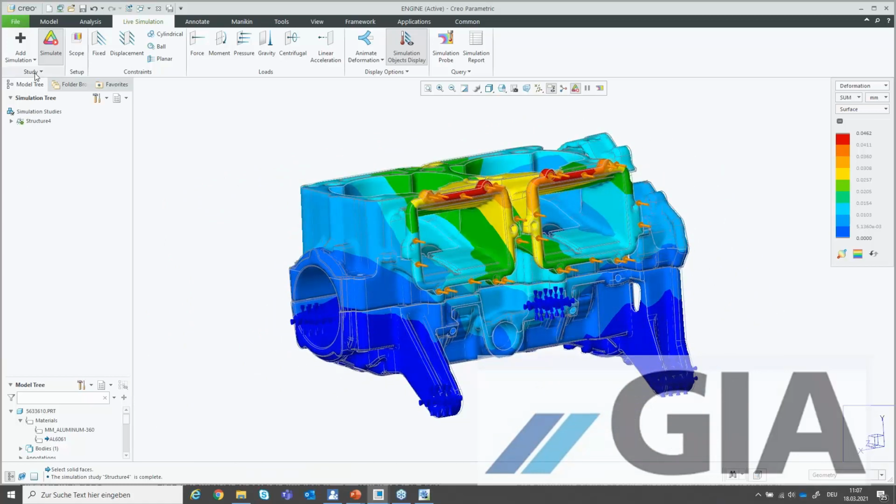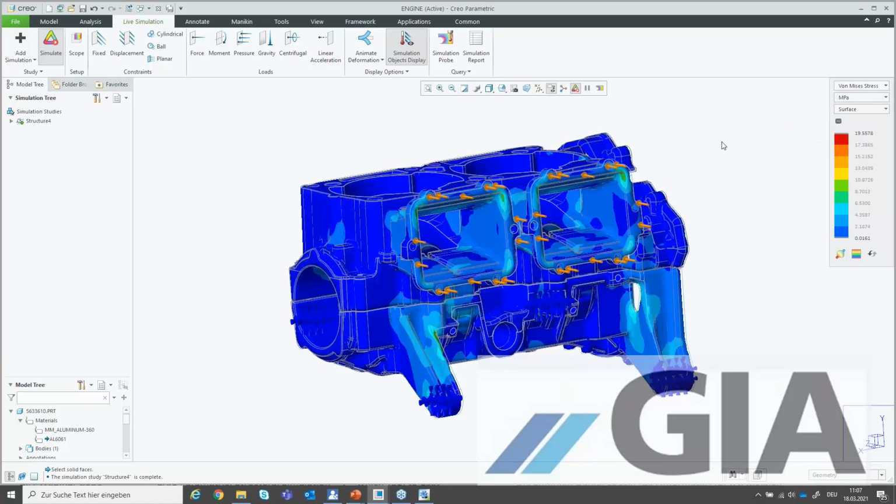If you have enough GPU RAM, you can improve the quality. It's not possible here to do some really detailed stress behavior in radius, but you're getting a very good feeling when you change something, because after 2 or 10 seconds you see the new behavior